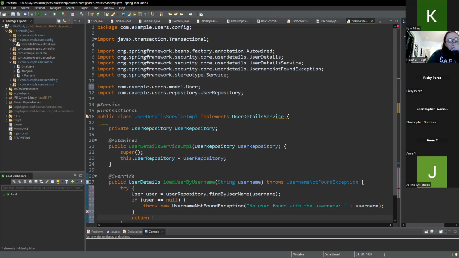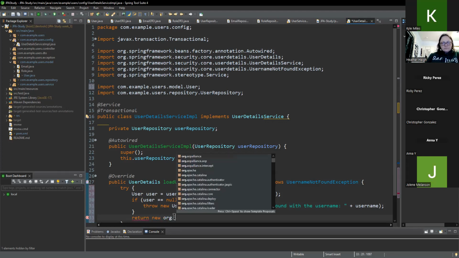So we want to return. And this is where you would actually use user details, but we're just going to call on the user details itself right here, the dependency, instead of importing and creating a new class user details. We will actually call an org.spring